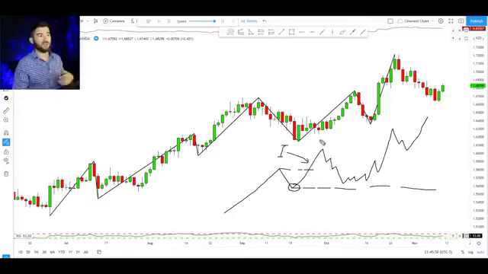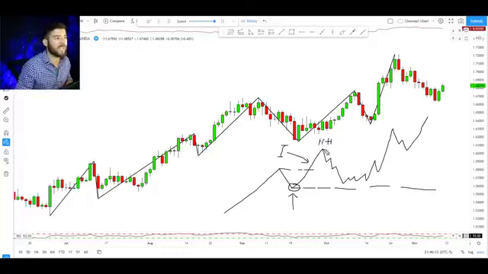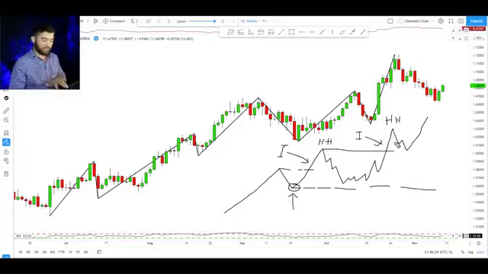Once we have that impulsive move breaking into new higher highs, which is what we're looking for in an uptrend, this market is still considered in an uptrend until we break or close below the lowest low of the previous pullback. So when we get a break above this high right here, when this market breaks above this